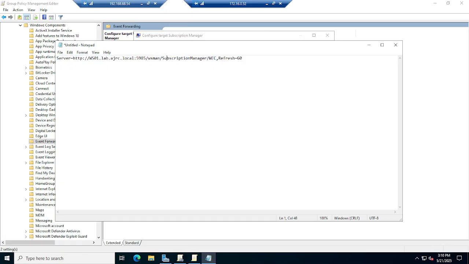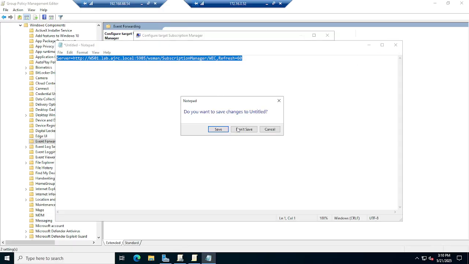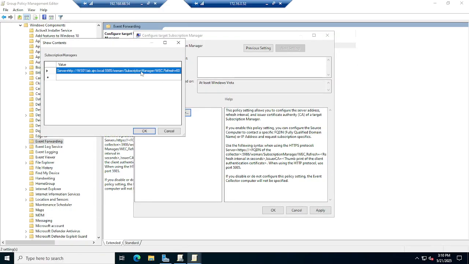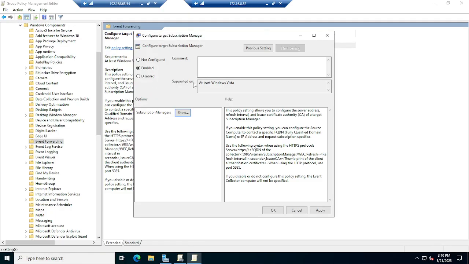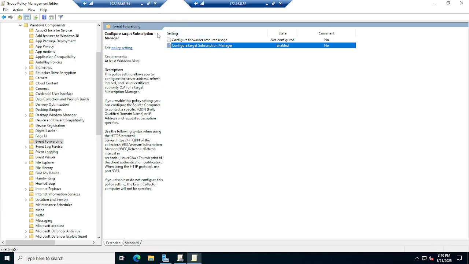Yes, this is still the web. And they pull from this web also the configurations about what they should forward to the web itself. So yes, I'm going to copy this again, just in case, just paste it, okay. And then we can click apply, okay. And also